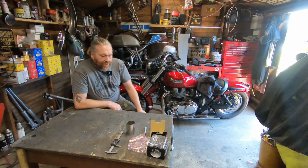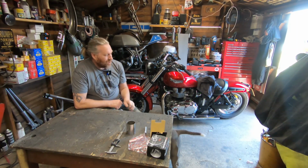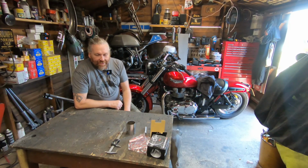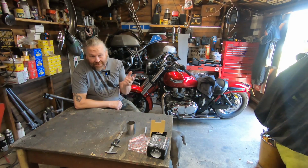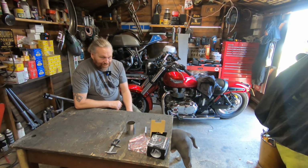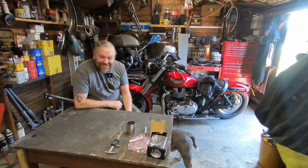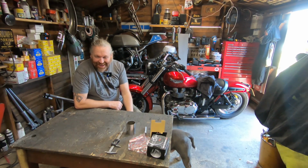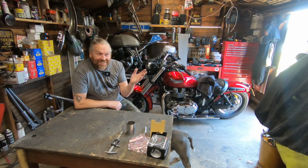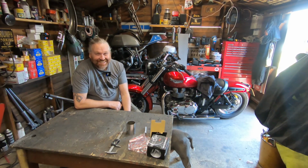Hey guys, right, I'm actually doing a little job on the Triumph. As you see, Denton's Enfield is going really well. A lot of comments on that, which is wonderful. A lot of mixed opinions as well, which is good. I don't mind that. As I've said to everybody, nothing's finished till it's gone to the painters or powder coaters